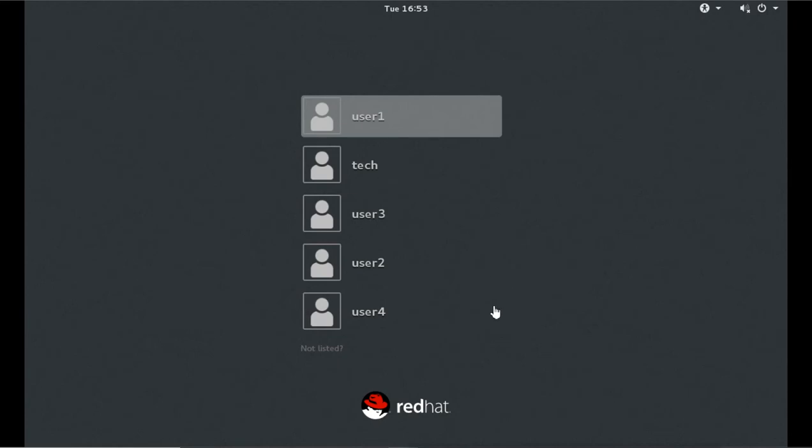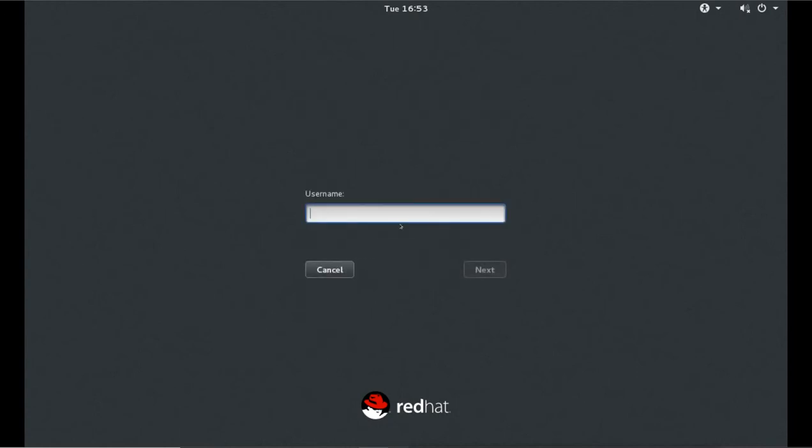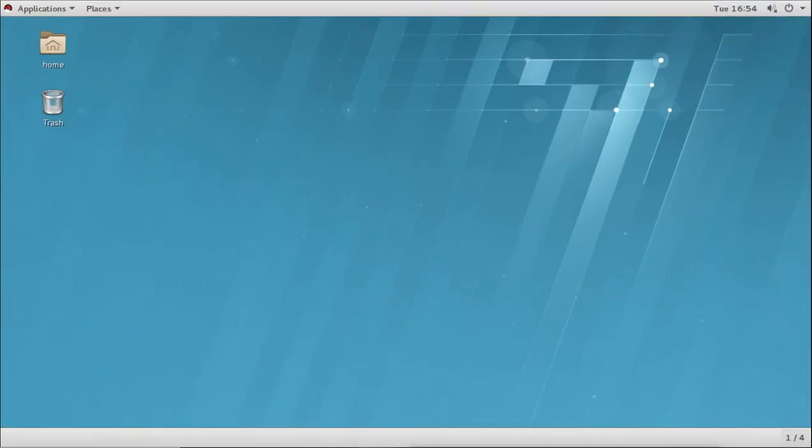Now this one is working. As you see, I have selected the second kernel, but the options and users are all the same. So I will log in as the root user here. It is almost the same. The graphical interface is the same because we only change the base kernel, while the libraries, the binaries and all the files are similar. So it is similar to the previous one.